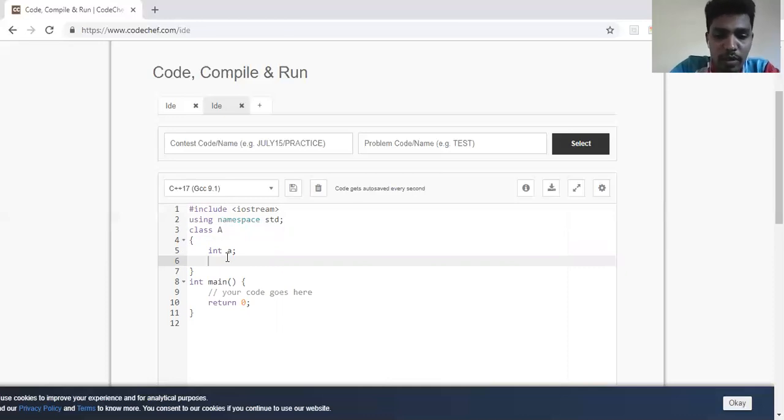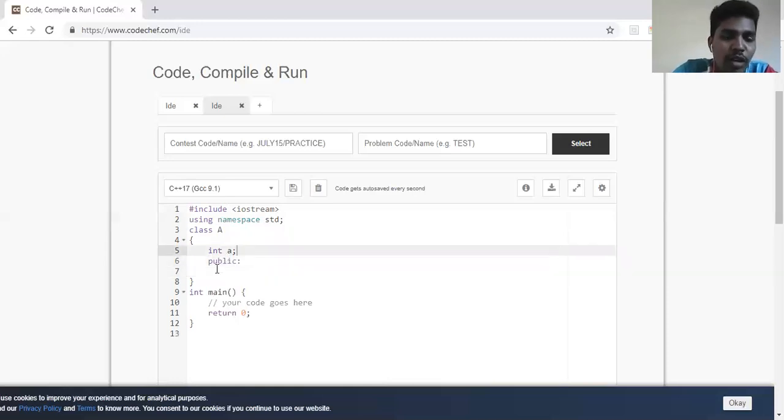So now I have kept my data private, as you can see here, but I'll use two functions to give a value to that particular data and get the value of that data. These functions are called getters and setters.